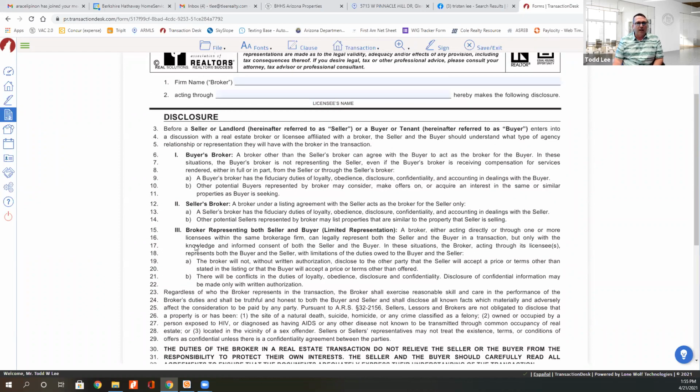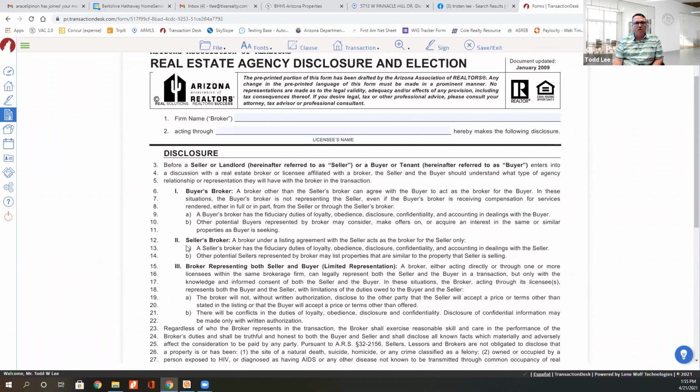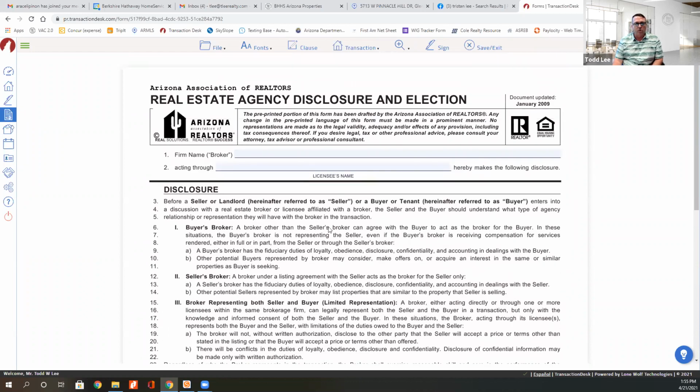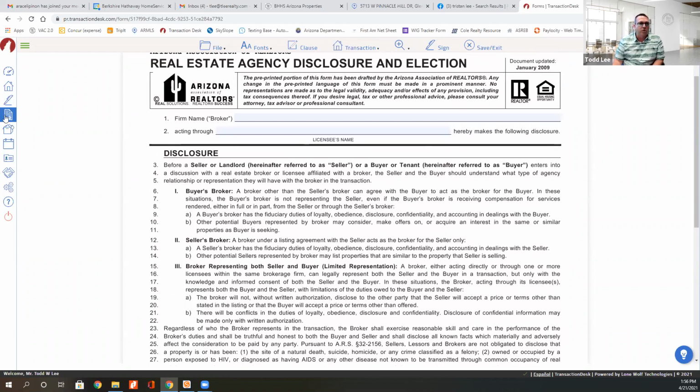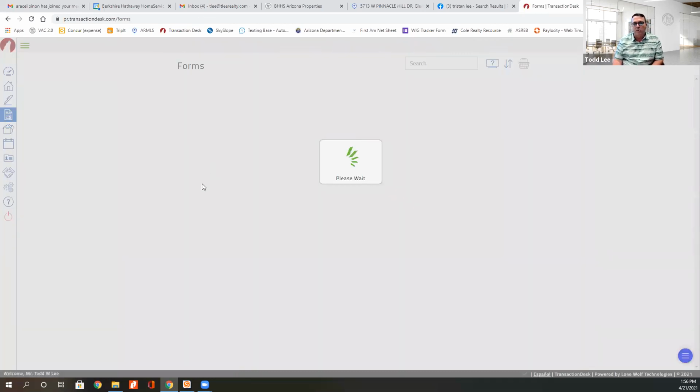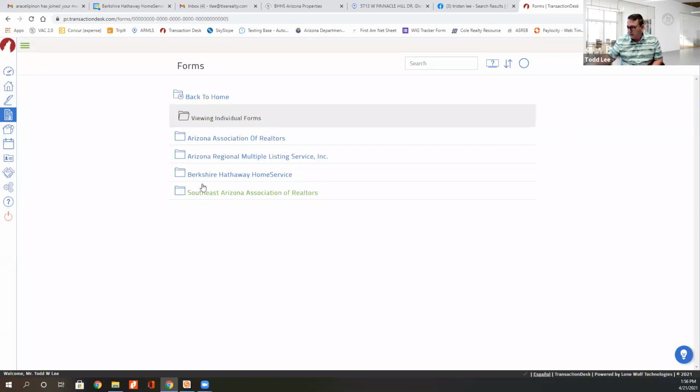And again, I would highly recommend that if you're not really familiar with this disclosure statement and what your duties are for your agency disclosure and election, you go back through that form. But I think all of us have been through enough disclosure classes that we understand what our duties are representing. All right, so the next one I was going to go into is a quick jump